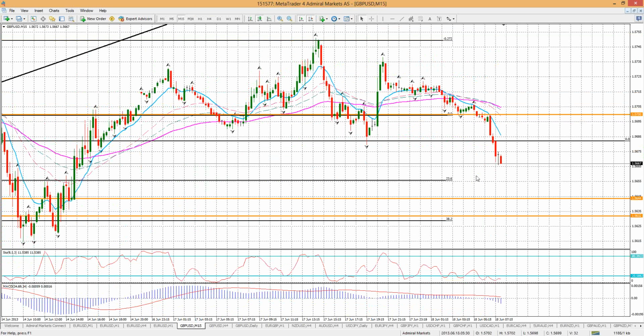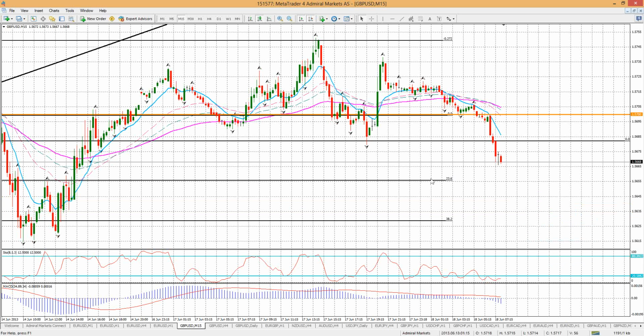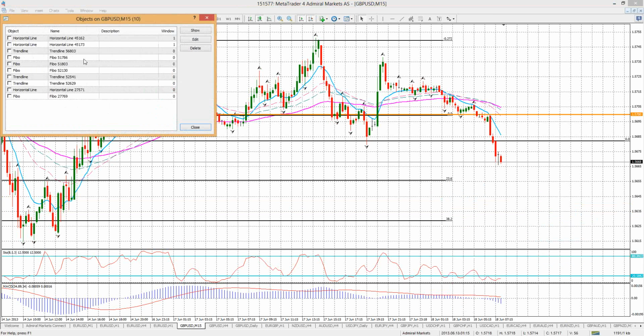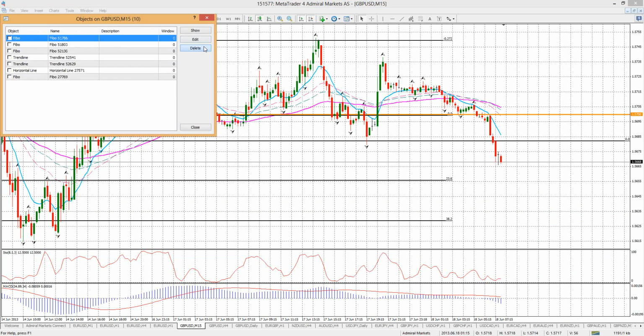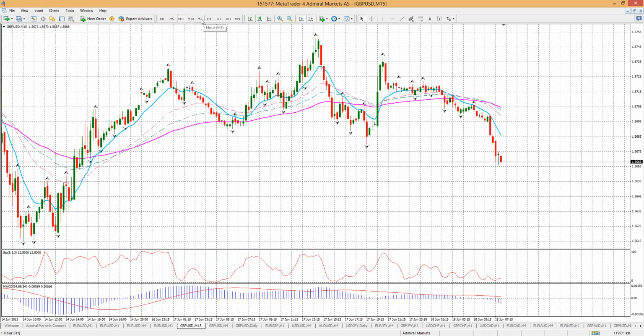Probably not, I guess, because it looks like already a strong break of the pound to the downside here. Let me clear up some of my lines. Well, I can do that at the objects list actually, but easier, let me just take everything off. That's a lot better. Good. So